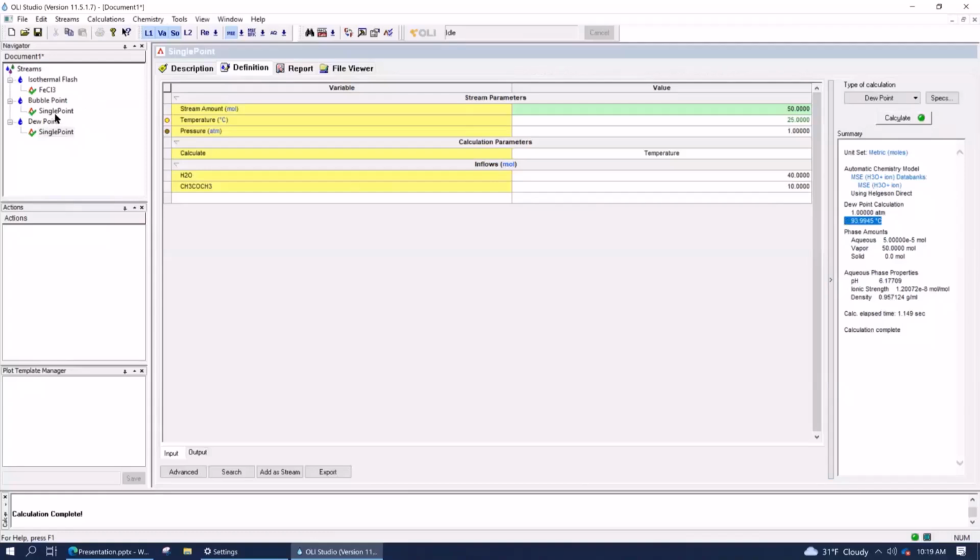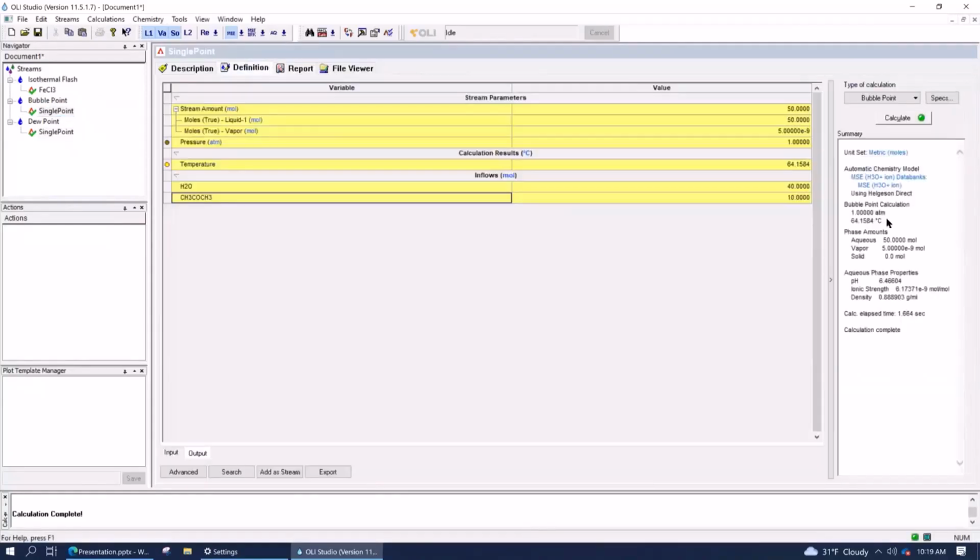Same's true with the bubble point. The bubble point of water is 100 degrees Celsius as well, pure component, right? But because you added the acetone, that bubble point dropped to 64 degrees Celsius. Again, boiling point depression. So again, there's always thermodynamics, that can be the physical chemistry stuff or the general chemistry stuff that we learned in university, always happening in the software. It's a matter of whether or not you want to think about it or look for it. Okay, you don't have to look for it. That's our responsibility to make sure it works. But there's always things to look at or learn about if you're curious about it.